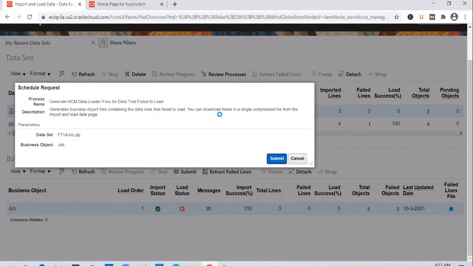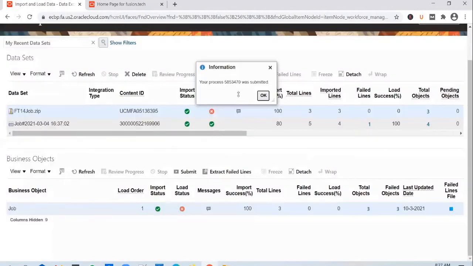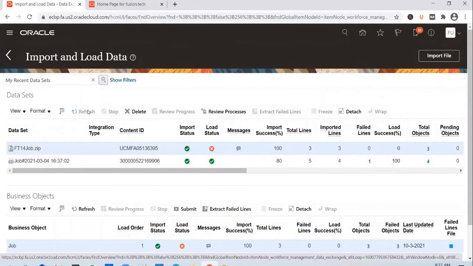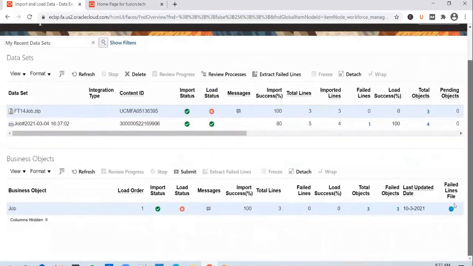Okay, so let's submit the request. A process ID is generated. Refresh it. You see that the failed lines file generation is in progress at the moment.